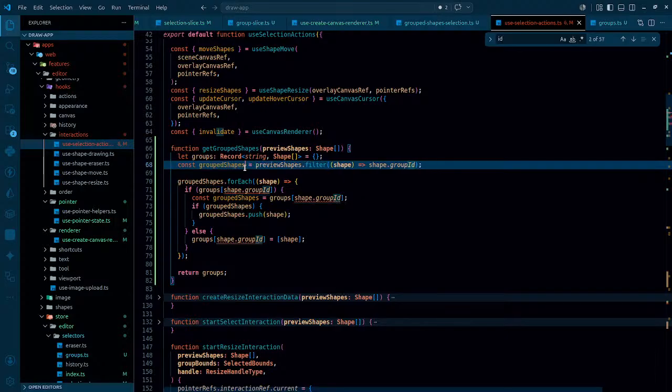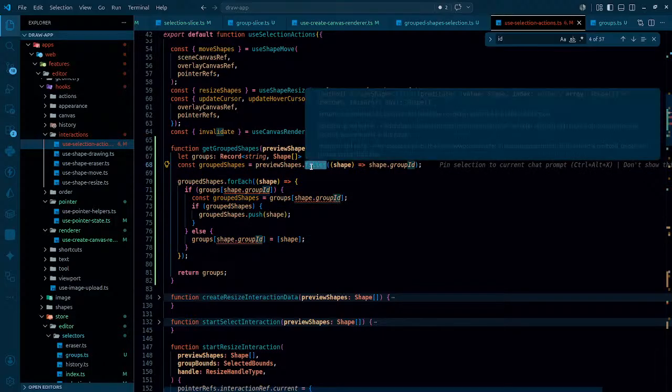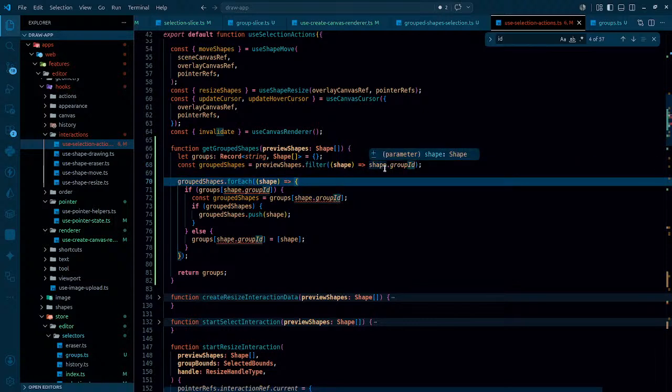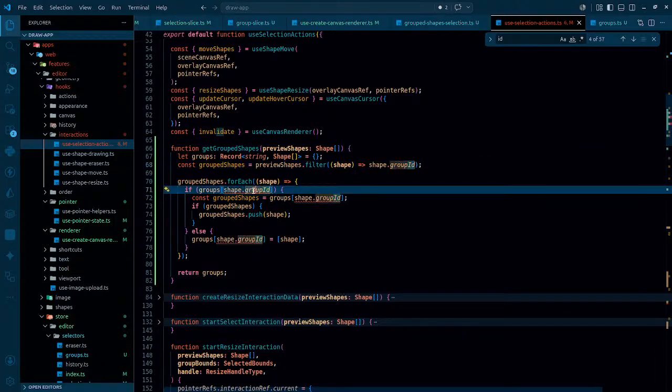No, not really. Sorry. Not the craziest anyway. So this is not map, this is the filter, so it will actually filter the value if it doesn't exist. If it exists, it will be true, so it will be filtered. Then we got grouped shapes. Once we got that, ultimately shape contains the group ID. Once the shape actually contains the group ID, so shape dot group ID, I should be able to have it